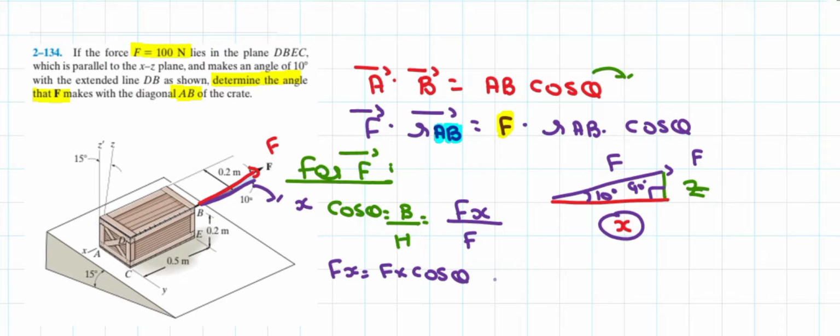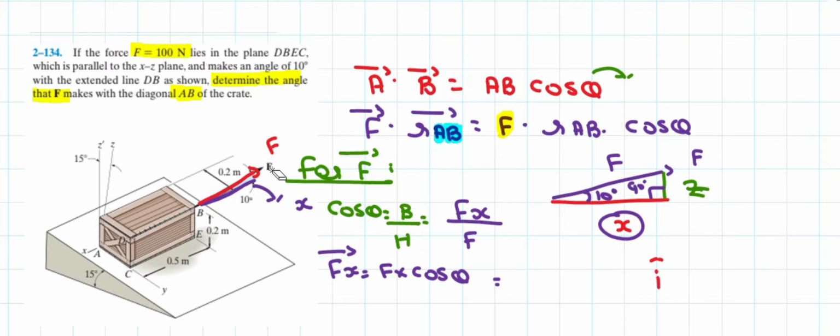Remember that we are going to find the Cartesian or vectorial form of force F, so this is the vector Fx. When a vector is present, it is compulsory to state where it is acting, either in the x direction or the y direction. In our case, the Fx vector is acting in the x direction, so I put i here. But is it acting on the positive x-axis or the negative x-axis?